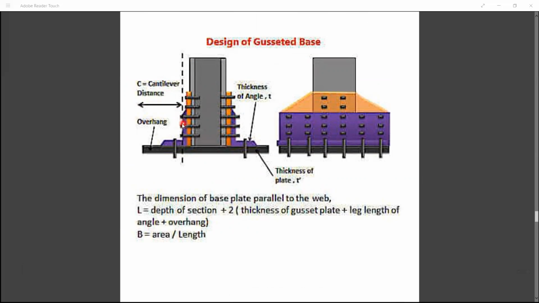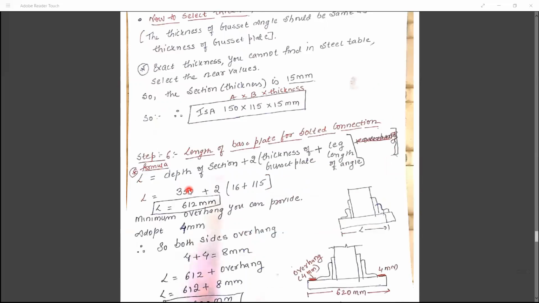Why we are providing a cantilever: there is some part where moments are existing more at this point, due to the overhanging section. So to avoid that overhanging section or rupture of the section, we are providing some part of overhang with respect to the cantilever section, the cantilever part.